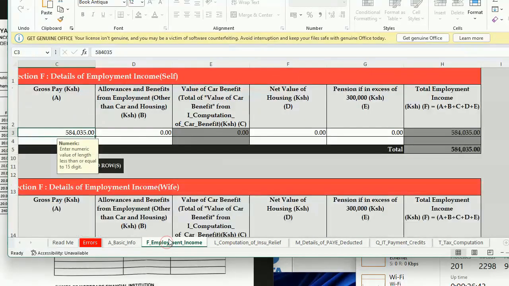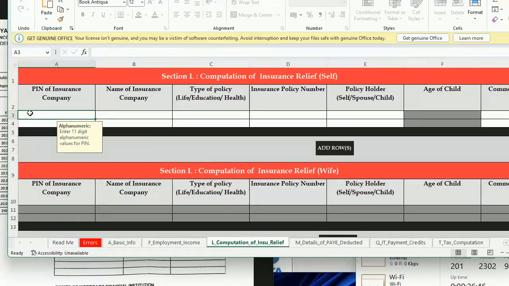This FL is computation of insurance relief. Then write the PIN of the insurance company that is insuring you. For most of us, when I try to ask those who are bringing these forms for me to fill, I realized that they didn't have the life insurance policy. So I tried to find out the issue, and I tried to send them to the employer, but they didn't bring anything substantial. So really what you should do is this: